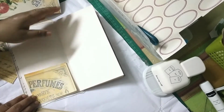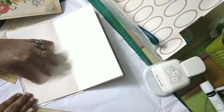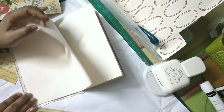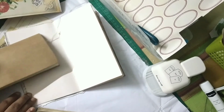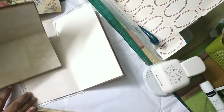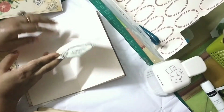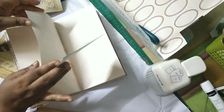Okay, so this is basically meant to be a writing journal, not some fancy decorative one. Yes, we'll do decorations, we'll do embellishments, we'll put in tabs, we'll put in snippets, everything, but we'll do those keeping in mind that at the end of the day this is going to be a writing journal. So that's one pocket, and then there is another one that I've cut down. These were scraps after cutting those papers to fit the pages, and I made them into pockets. So here is